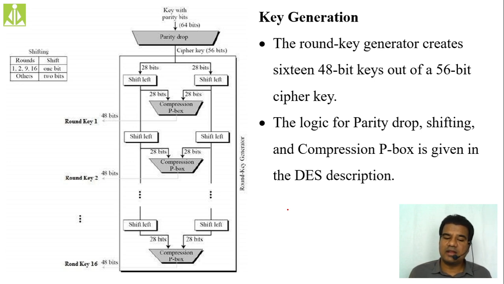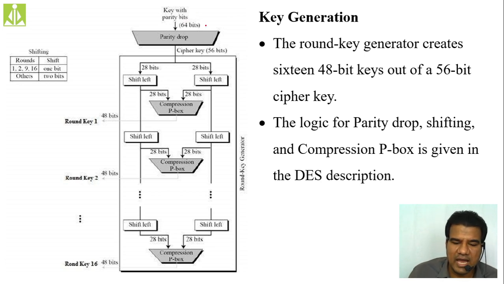And whatever we are getting, using a permutation box, once again we are compressing, and that compression will yield you the 48-bit round 1 key. Again, whatever round 1 key we are getting, that we are applying to round 1, along with whatever shift operations we have applied previously. See over here, at each level what we are doing. This mechanism is very tedious to explain because we have to apply this bit by bit.